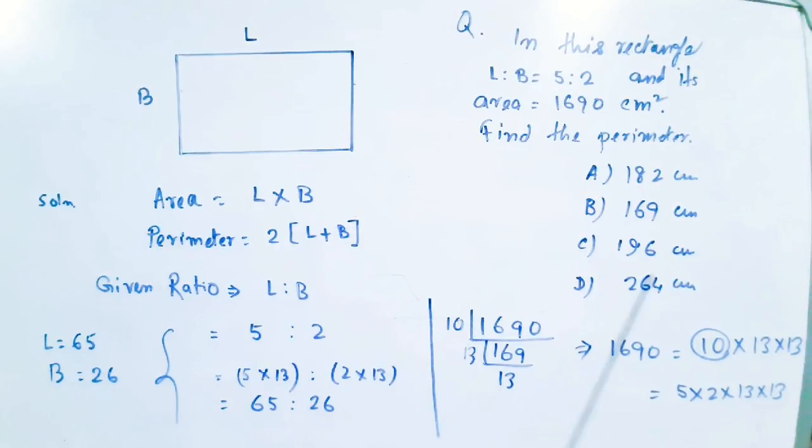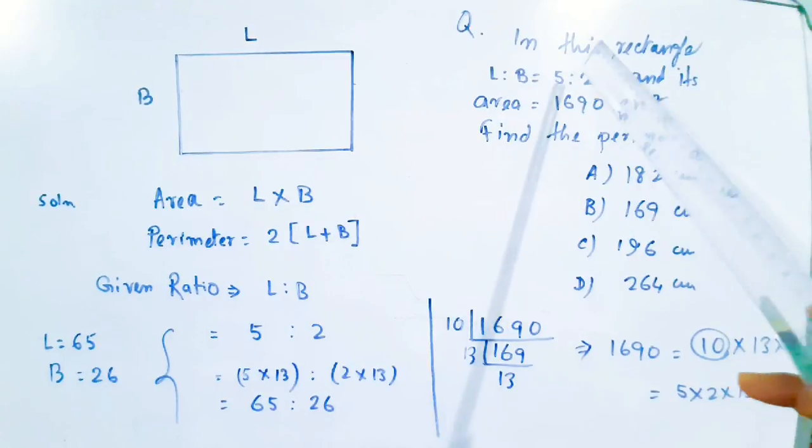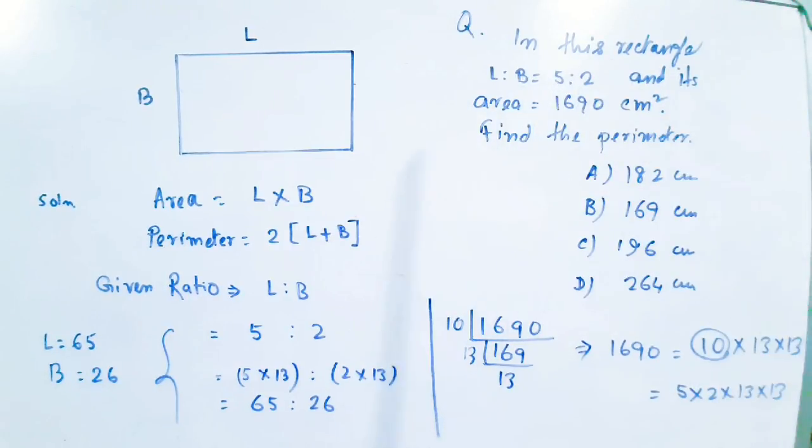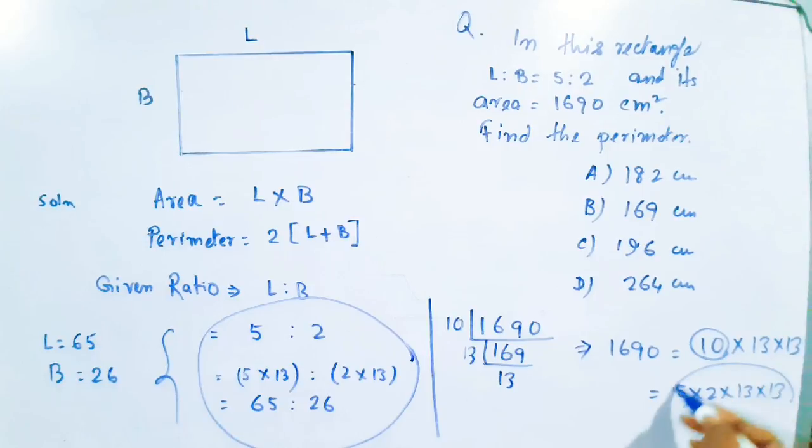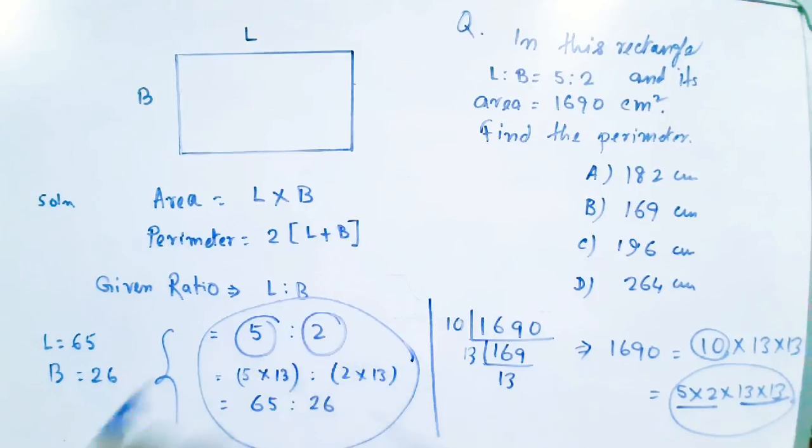Our main question has been given as length and breadth is 5:2. So the given ratio of L to B is 5:2. This is the main point for a student to explain the matter very easily. We have to learn how to convert this problem into a solution. Check. Here 5 into 2, 13 into 13. 5 into 2, 5:2 is already given. That means 5 and 2, I have already written on both sides.